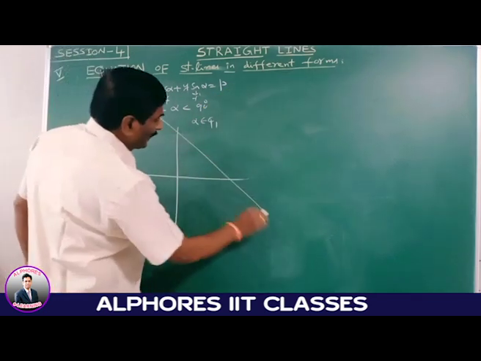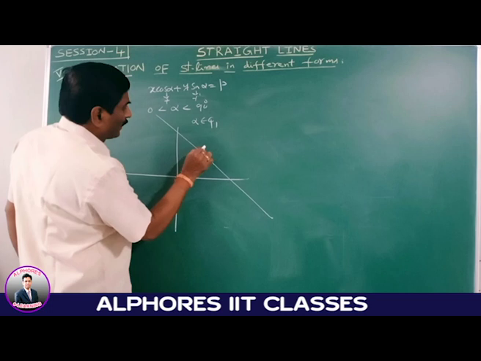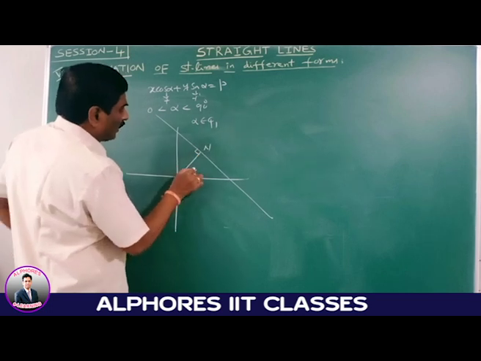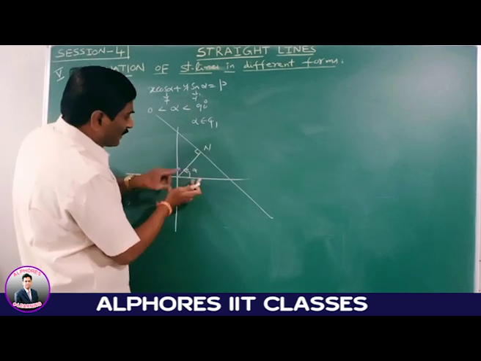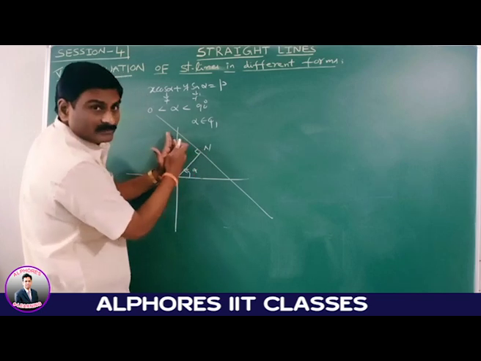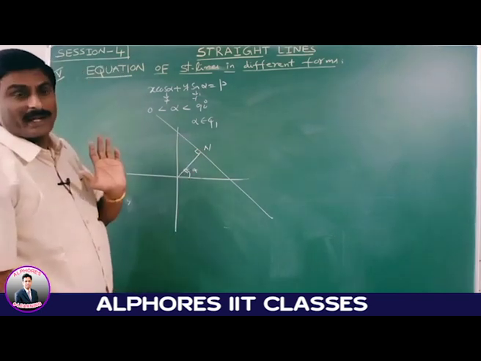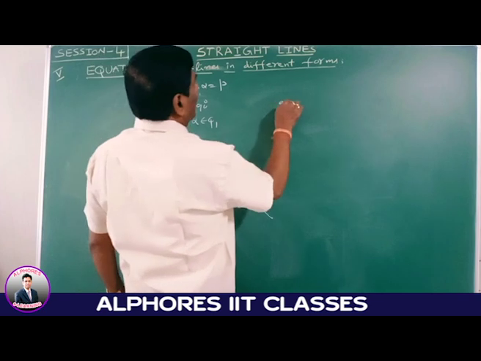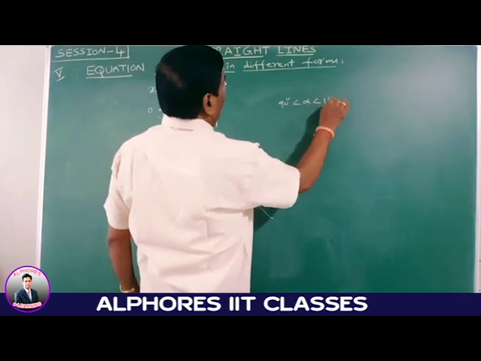Please observe this value. It is the line. This is the perpendicular n. This angle is alpha. Alpha value lies in between 0 to 90 means it rotates in first quadrant only. The graph is in this way. Okay. Next. Suppose 90 degrees is less than alpha less than 180 degrees.